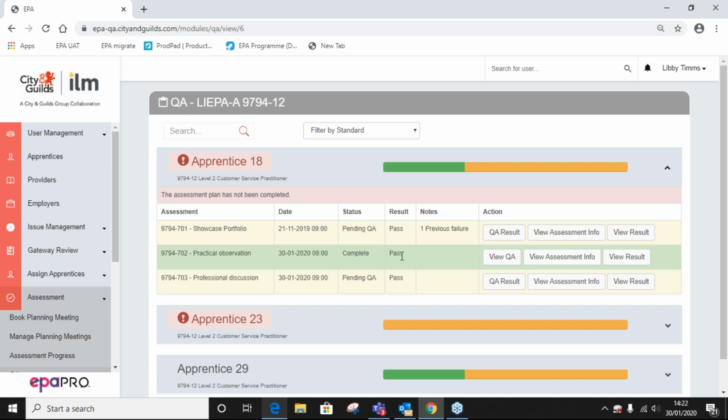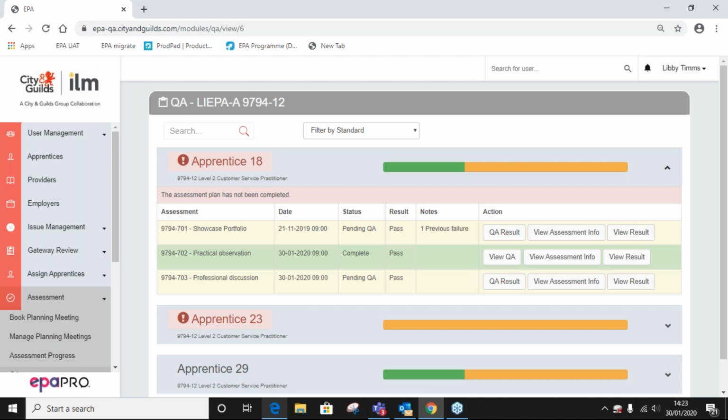So at what point, Libby, when you've clicked on the tab View Assessment Info, would you then go on to SharePoint? Well, you could do it, I mean, the assessment information, what might be on there. So Libby, in terms of the fail feedback, is that under View Result? Sorry, can you say that again, Rachel? In terms of fail feedback, could you also find that on View Result? Yes, you can.